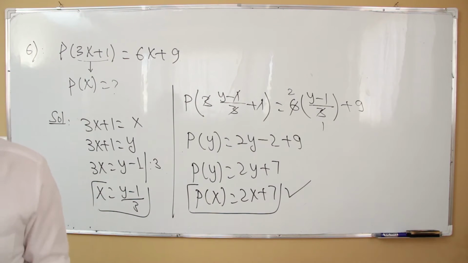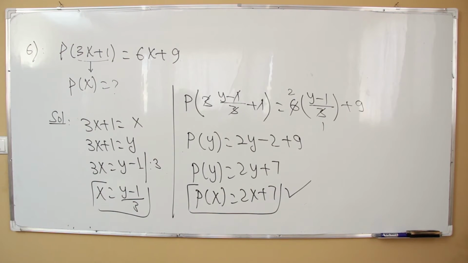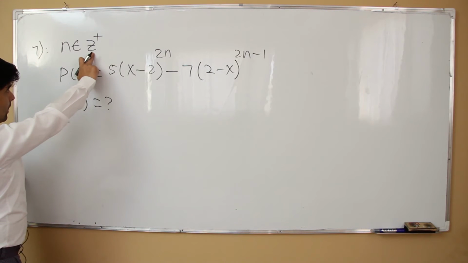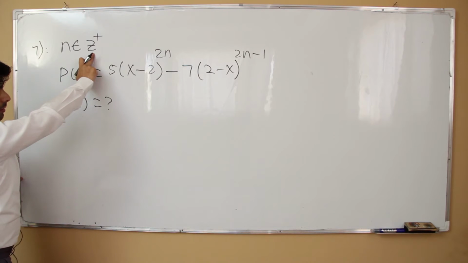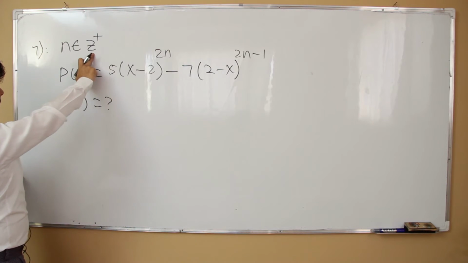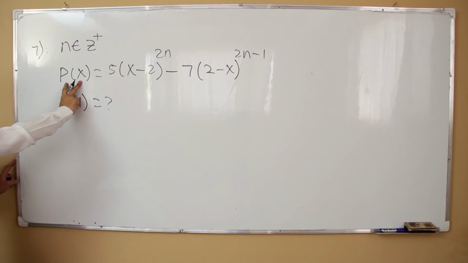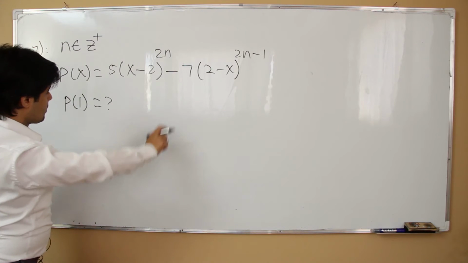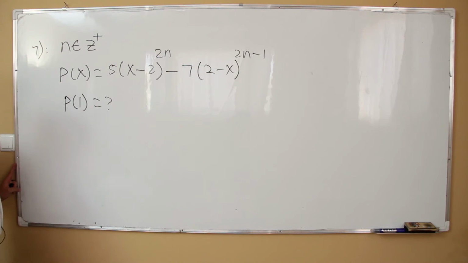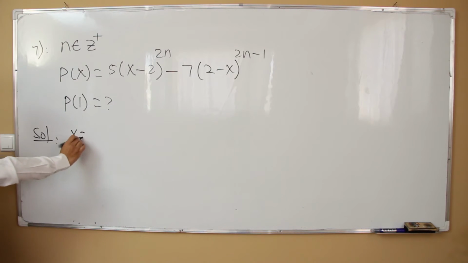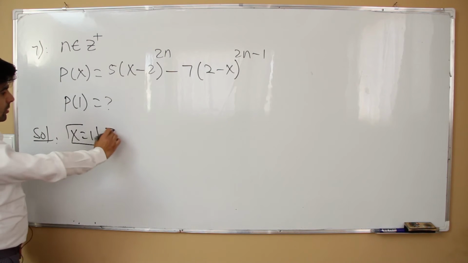I think you have got it. Question number 7. N includes which numbers? I think natural numbers, and that one is positive natural or positive integer number. Now P(x) is given as this one. It's a polynomial. Now what is P(1)? How can you solve? I think you have to set these two brackets equal, I mean x is equal to 1. Now put 1 instead of x. So you will find